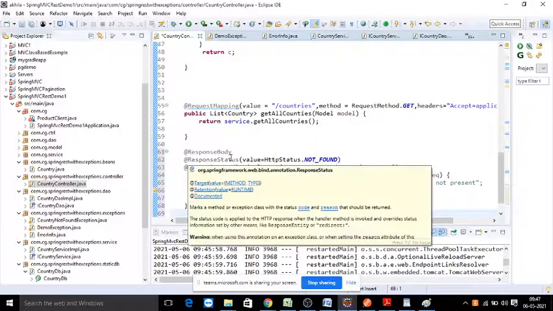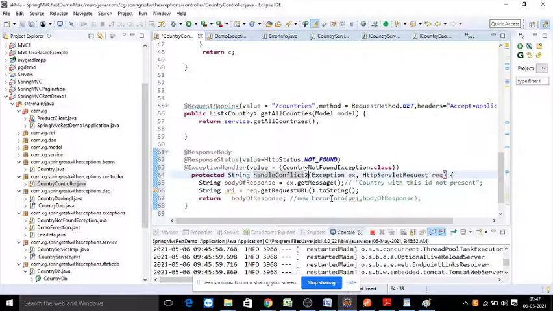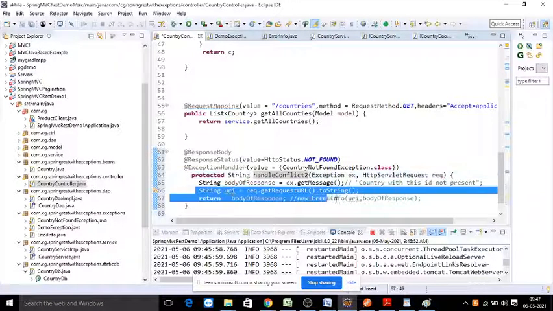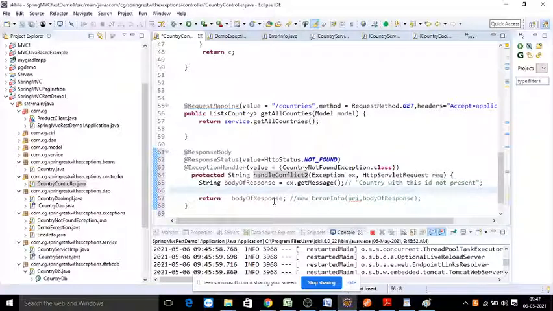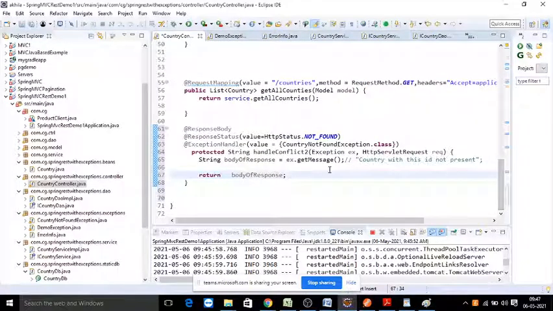Here you can say handle conflict of 2. Here also, like a string you want to give, you don't want to give the URL, right? You can just remove it. And country not found exception. Here is the message, however you throw, that is the message that is going to be displayed.